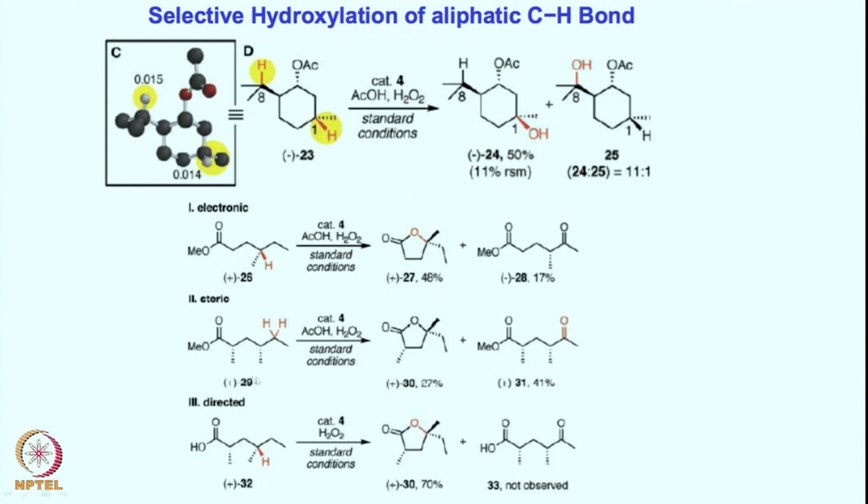You can override this sort of steric bias if you have a directing group. Instead of making it ester, if you make acid, then this acid is now going to direct this CH bond to give the corresponding hydroxylated product. That is fascinating. In this molecule, as you can see, you have one tertiary center, another tertiary center, another tertiary center. This center is sterically encumbered or hindered. This is also not too reactive due to the electron deficiency, and this is the site where the reaction is happening, and selectively this is the site where the reaction is happening.